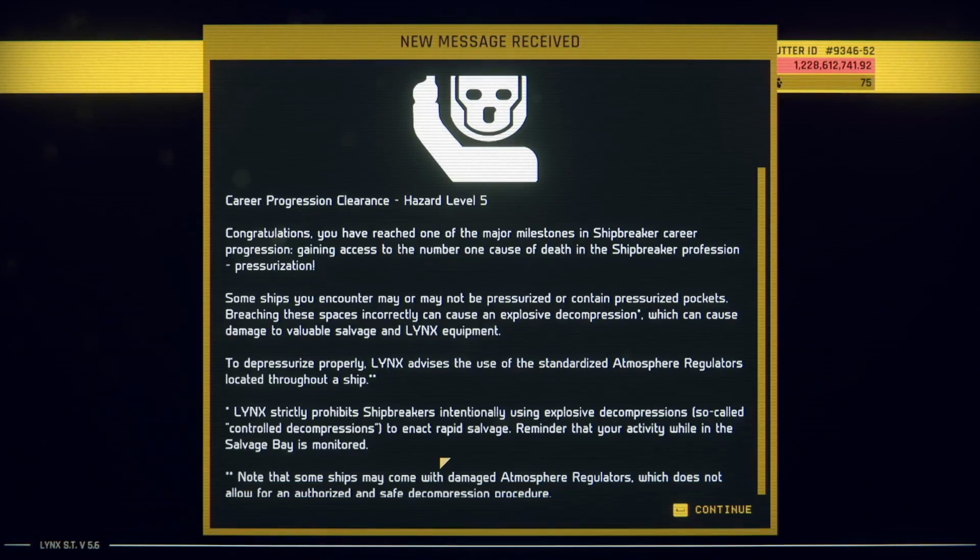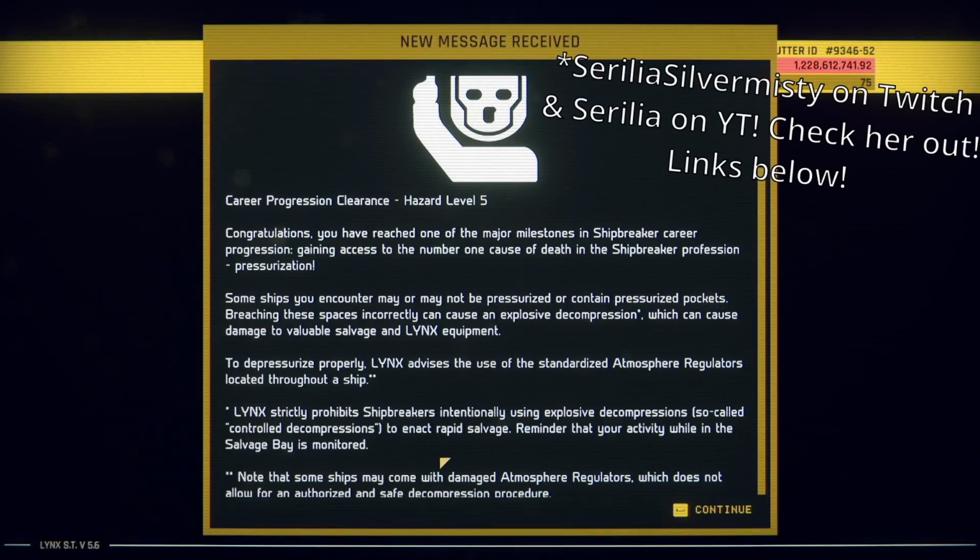And there's a YouTube channel as well. Forgot her name. I forgot. Silvermisty. Something Silvermisty. If I find it, I'll link you to it in the video description. But yeah, she does tutorials on how to do a ship very fast and explains it a little bit,